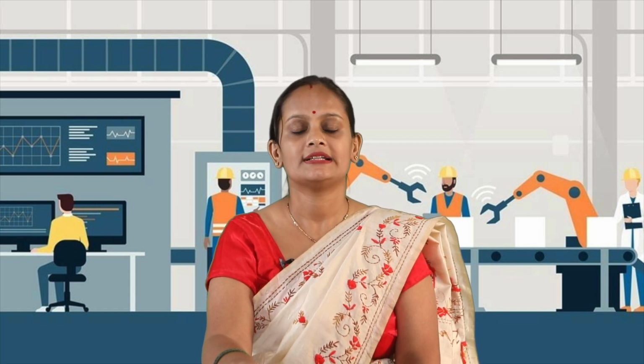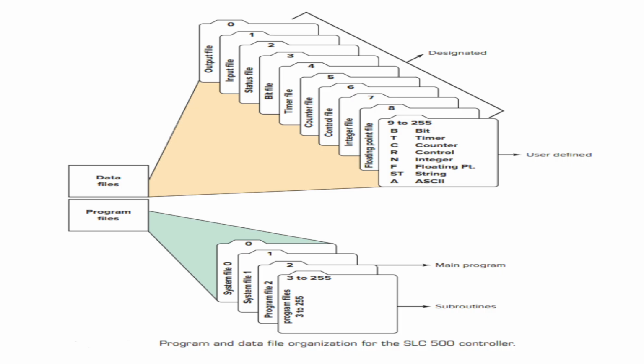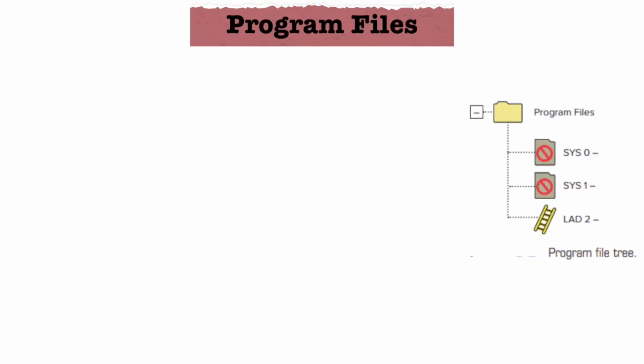The memory organization in a PLC mainly involves dividing the available memory into various different sections. These sections can be broadly categorized into two types. First is the program files and second is the data files, as you can clearly see in the given diagram. The specific structure, order and length of these sections can vary depending upon the PLC manufacturer and model, and they may be either fixed or variable type. Now let's go into detail about the program files.